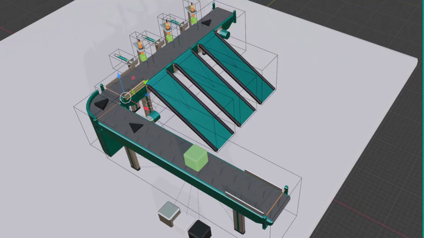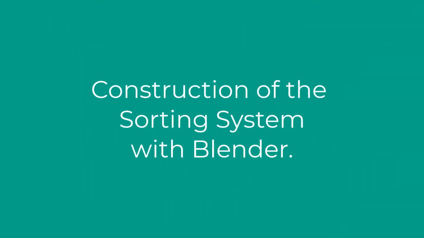Various cubes are placed on the first belt, cubes of metal, as well as white and black plastic cubes. These are then transferred to the second belt. At the end of this second belt, we position our sensors to analyze the cubes, and based on what the sensors detect, the cubes are then sorted into different chutes with the help of pneumatic cylinders. This is an ideal learning scenario to program sensors, actuators, and sequence control. Let's build this step by step.